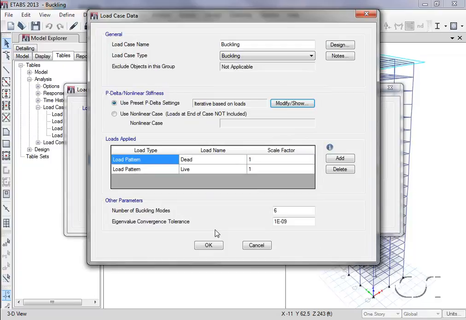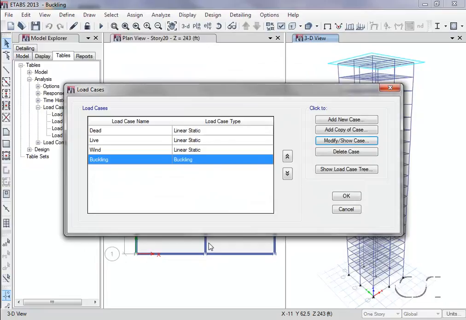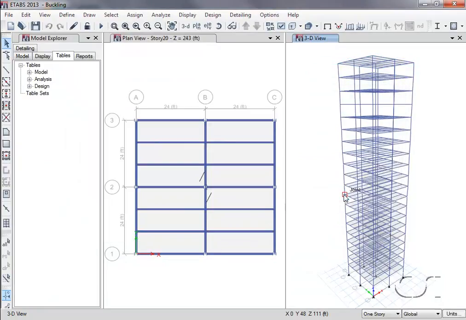This is the only change we will make. Rerunning the analysis,